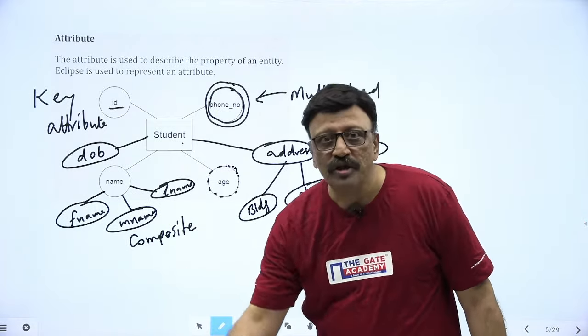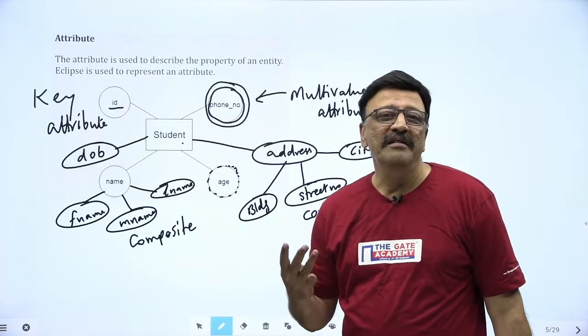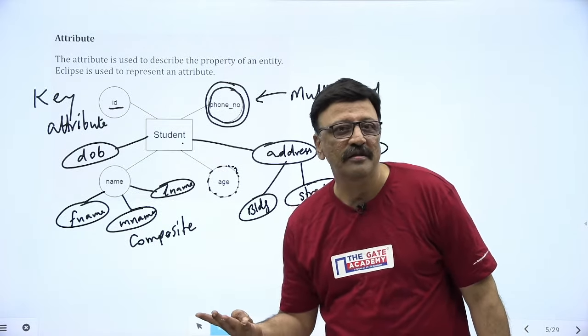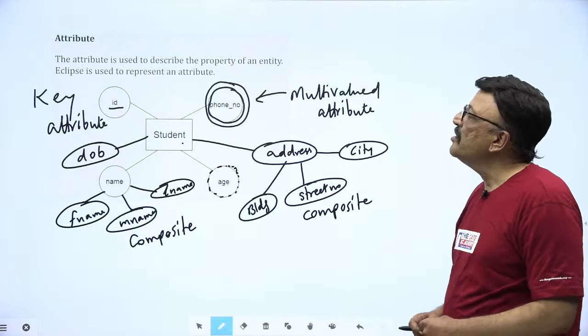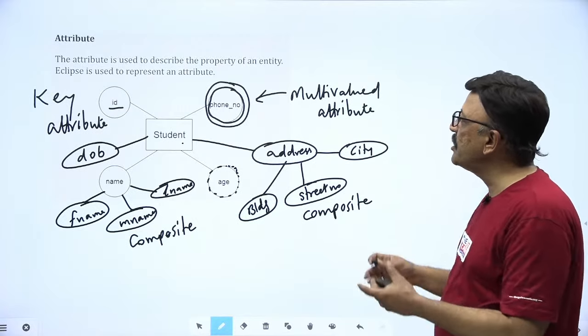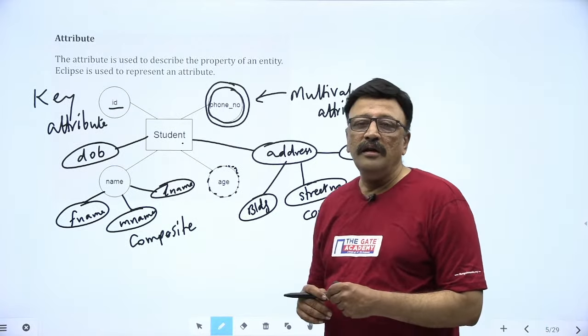key attributes, and derived attributes. Now, once we saw how many types of attributes are there and so on, now I hope